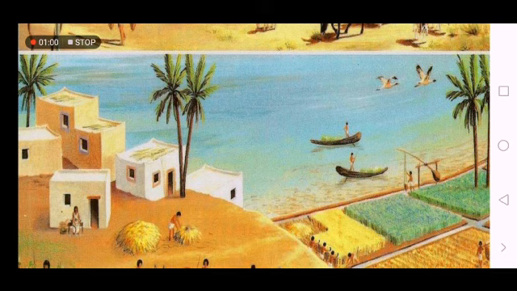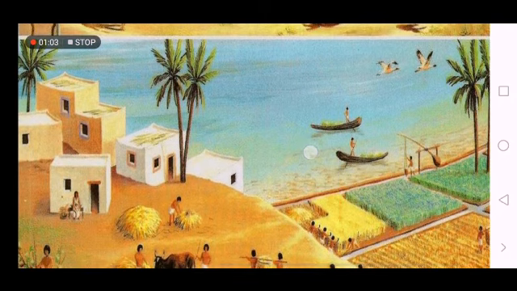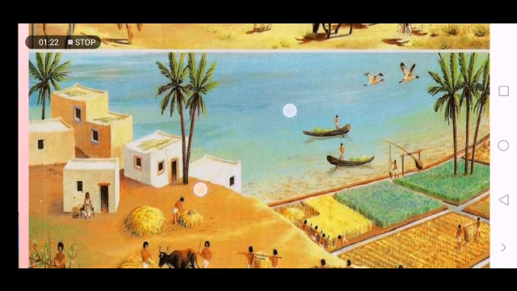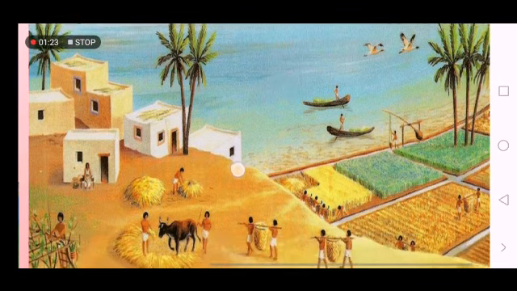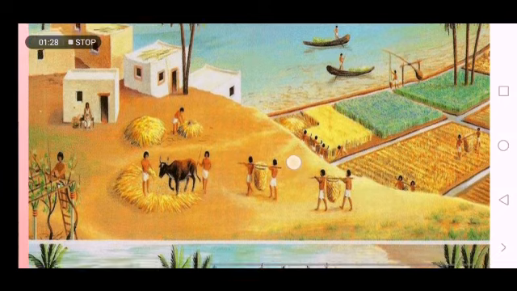So the place had to be near a water body. If they were building their farms in a desert, for example, a farm should be near an oasis, because an oasis is the only place in the desert where water is found. So this is the first thing about a place to be good for building a village or building a farm.